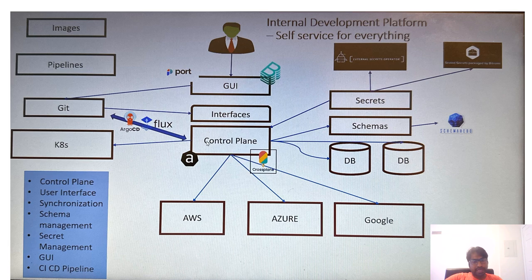And now the composition again will be applied by Crossplane to the actual state. Okay, so that is the main concept. So we have a control plane which is Crossplane, we have a user interface which is a GUI. We have Argo CD for our synchronization, we have Crossplane for our backward synchronization, we have a